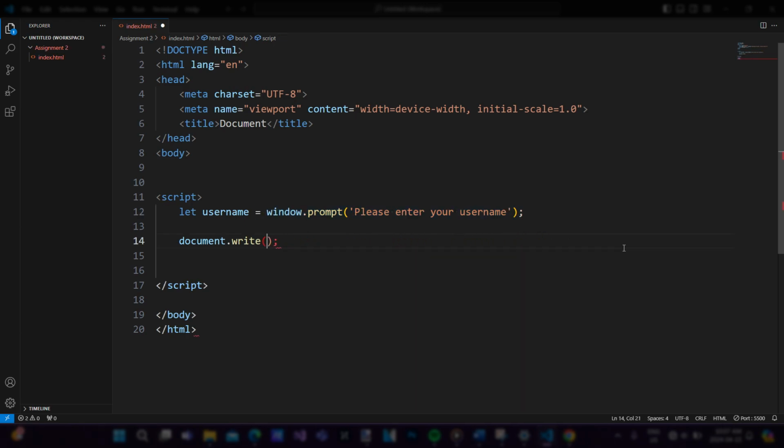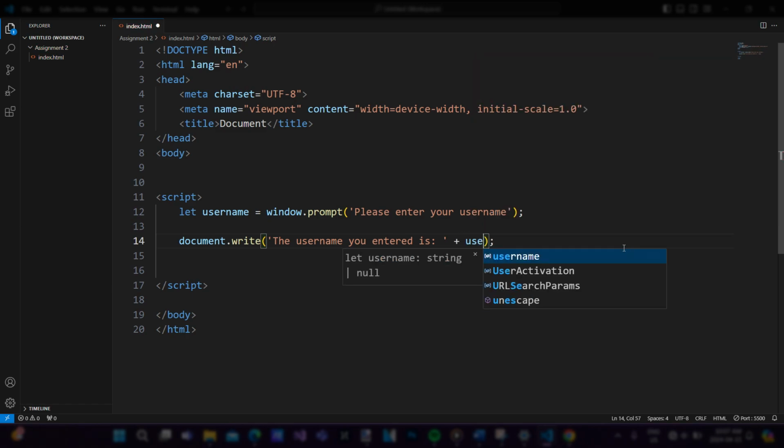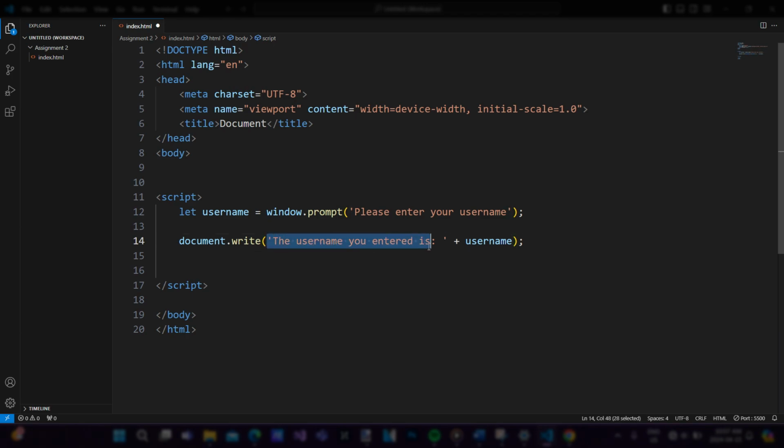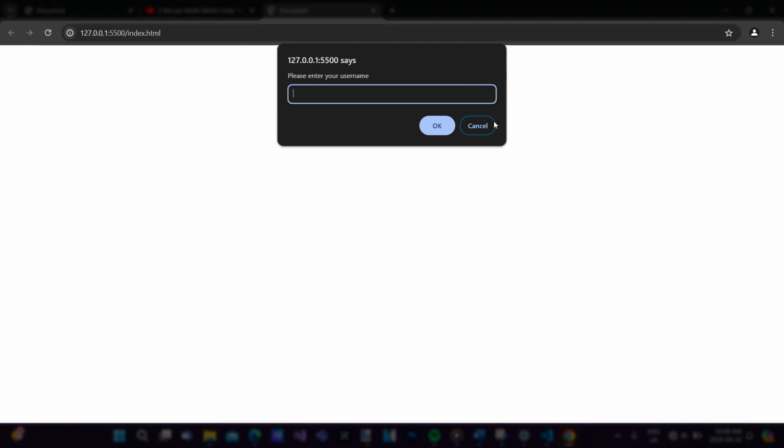So for example, I could write some text. I could say the username you entered is, much like I would with a console log statement that we've done before. And then I could add on, I could concatenate that variable. So on my website, I will see this text, plus I will see the value of this variable. And this variable's value is going to be whatever the user has entered in that prompt. So let's see how this works. Let's make sure it's all good here. So if I go Bob123 and press OK,